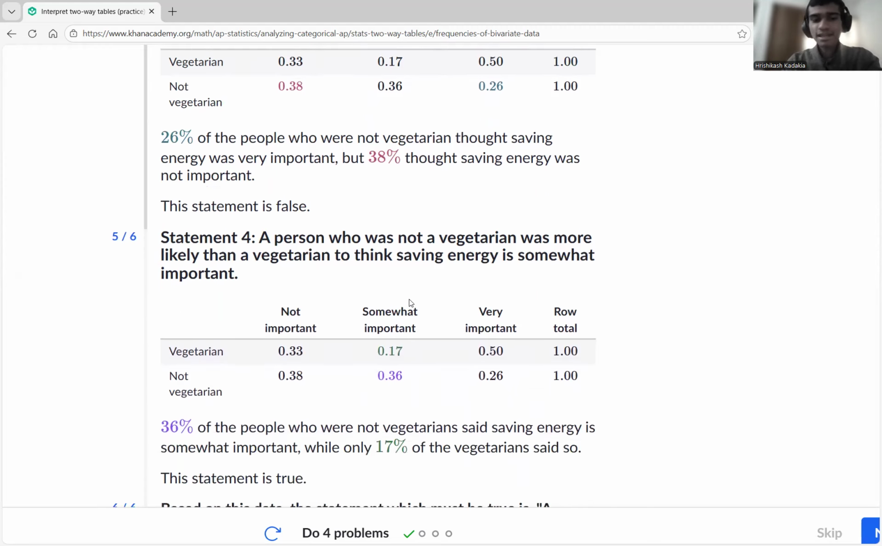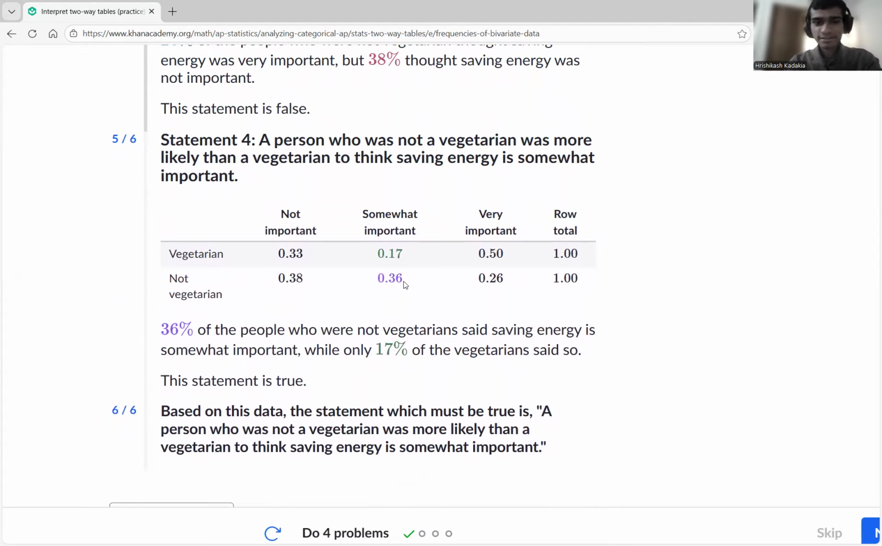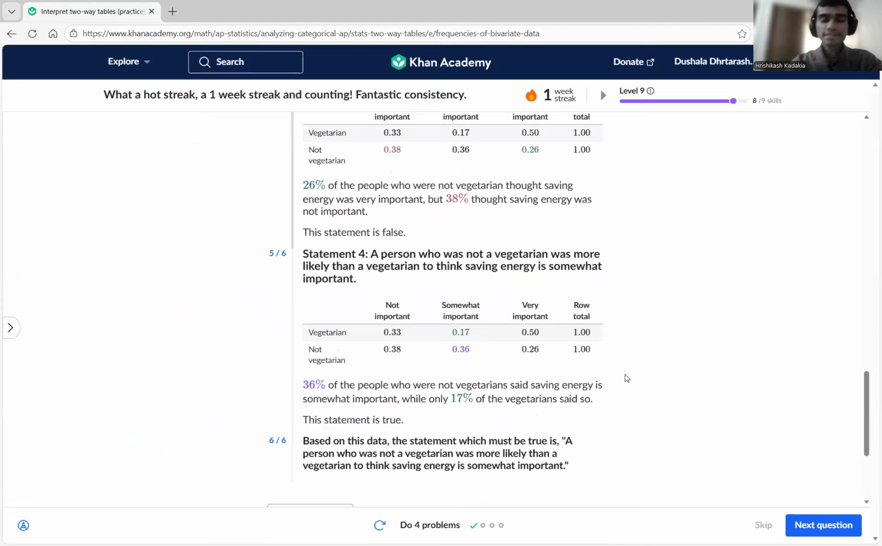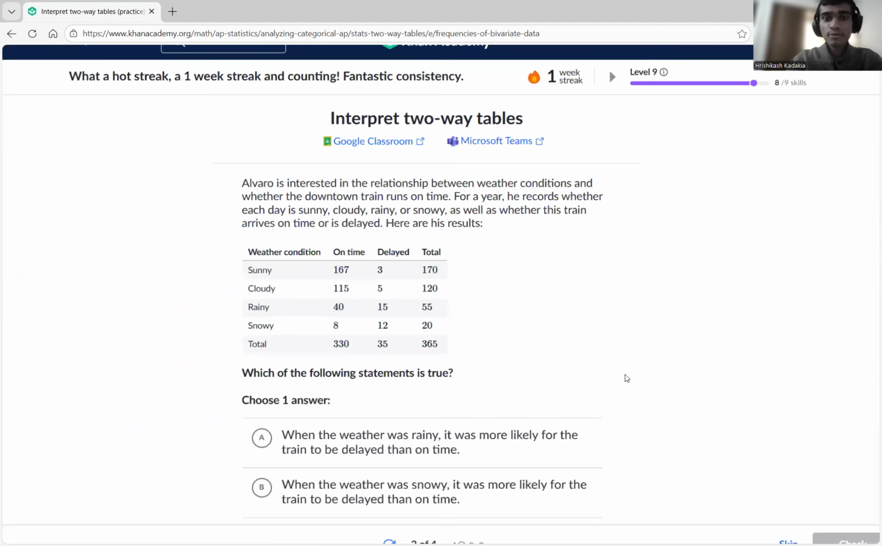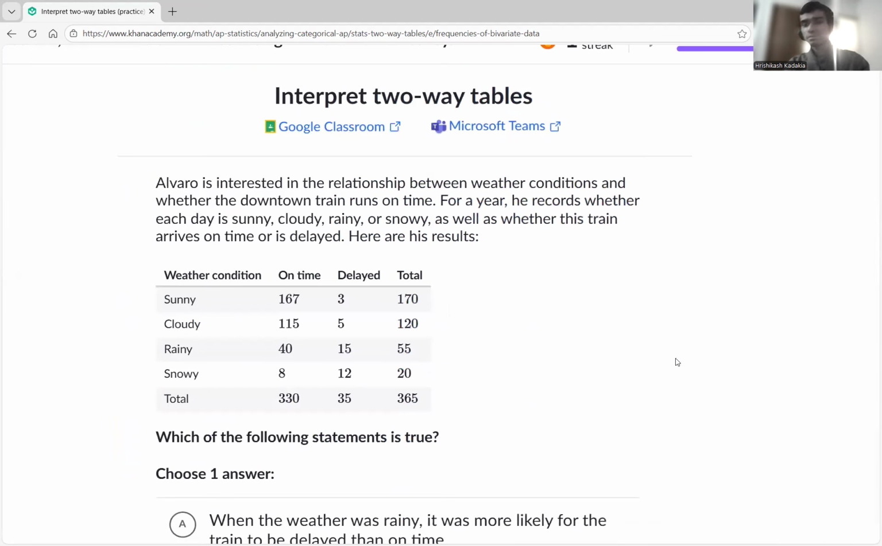And then statement four, as you guys see, it is going to be correct, because that way we see 36 is definitely more than 30. So yeah, that's how we make a conclusion based on two-way tables. Now,